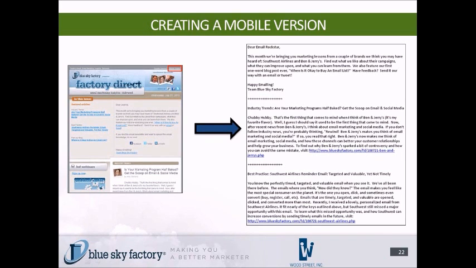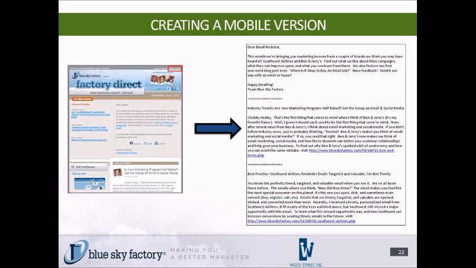One other thing to mention here is, for example, Blue Sky Factory has a mobile version that they can offer. So you can't really read it, but you have to kind of take my word for it. And that little red square up in the example there of the HTML, the actual graphical email, that says mobile version. So basically, what you can do is you can click on that,